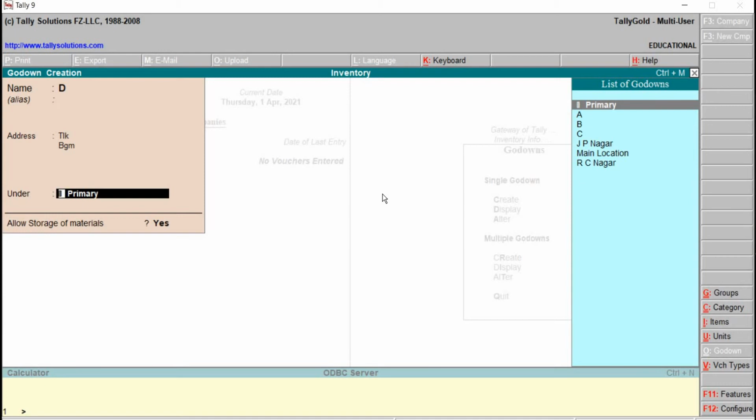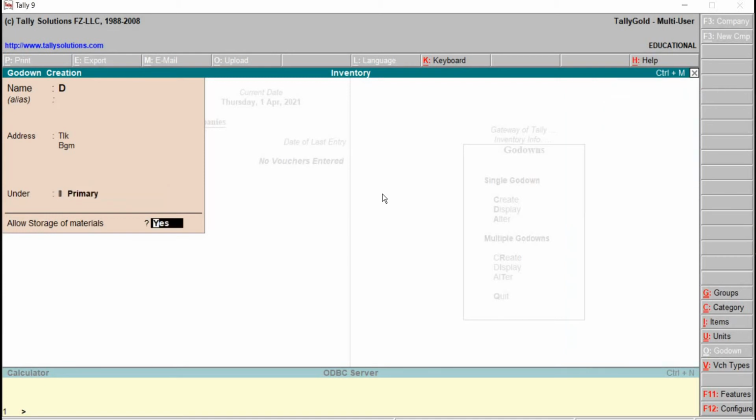Then here comes out with another option, that is allow storage of materials, question mark, default as Yes. What does this indicate here? This tells that this option is used for deciding whether storage of materials is allowed in this particular godown. Which godown? That is D godown.